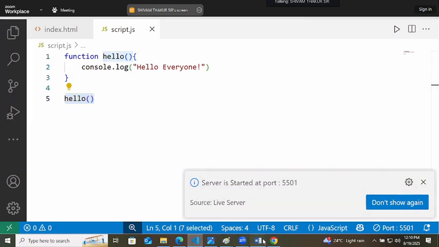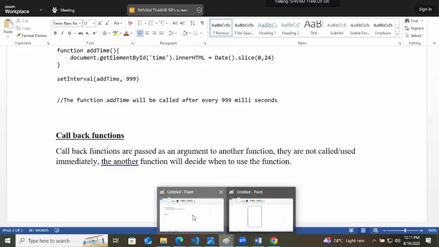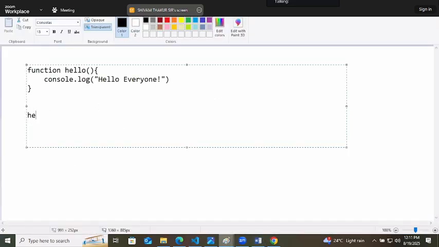But callback means I will write setTimeout. Now it takes the function. I will not write hello with brackets, because that means I am trying to execute it quickly. I will give it as a callback function.